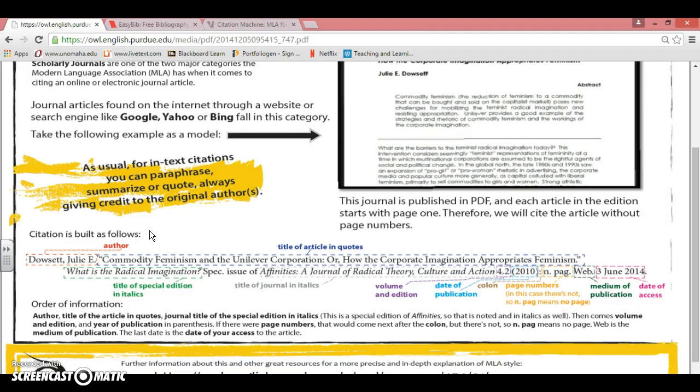In the parentheses afterwards, this is the next component, the date of publication. So when was the article written? Then you will put a colon. In the example, they have no pages shown, but any pages that you have referring to your article will be put here. So it would be something like "pag. 1-5." The next piece will be the medium of publication. So this can be web, newspaper,